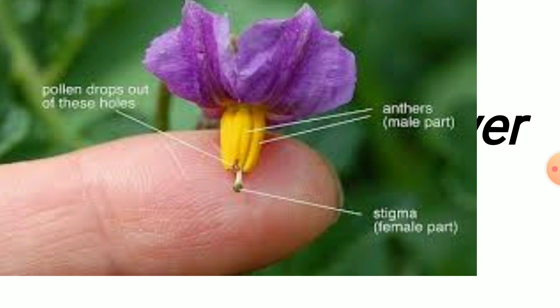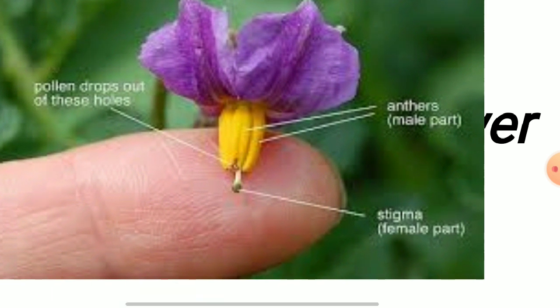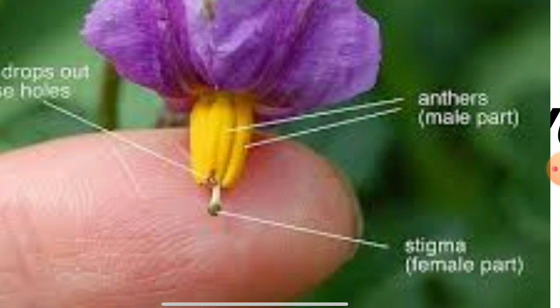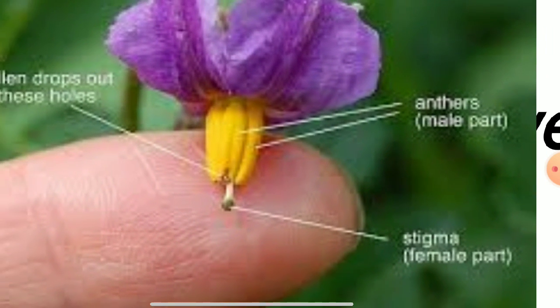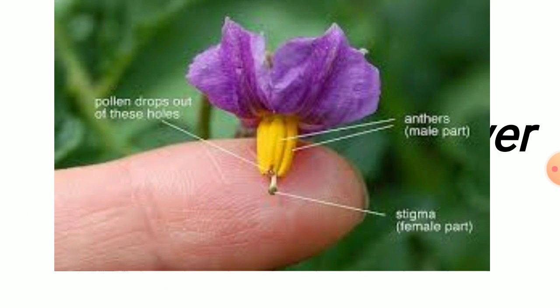Potato flowers are bisexual and contain all essential parts. First part is calyx, second part is corolla, third is androecium, fourth is gynoecium. So you can see yellow color of anther, male parts. Anther plus filament is equal to stamen or androecium. Stigma, style plus ovary is equal to gynoecium or pistil. Purple color of petals is known as corolla. Then green color of sepals is called calyx. And next point is fruit.